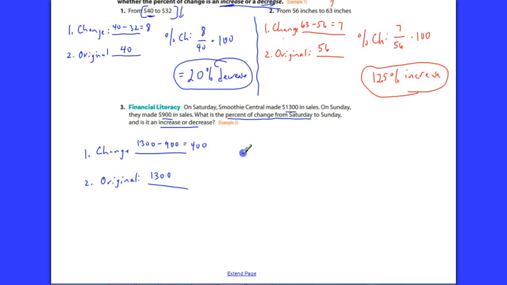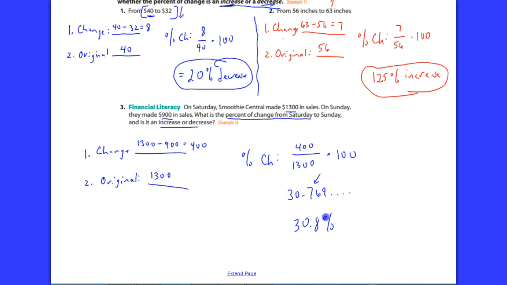So it's 1,300. So to find the percent of change, you take the change. The change was 400. Divide it by the original amount and multiply that times 100. All right, 400 divided by 1,300. Multiply that times 100. You're going to get a nice long number; it'll probably look like this on your calculator, 3076 9, dot, dot, dot. There's a whole bunch more numbers. Well, let's just go ahead and round it off to the tenths place, and let's just call it